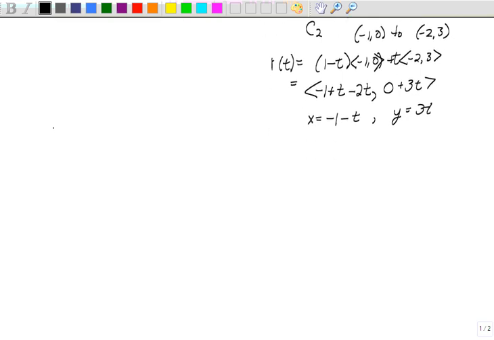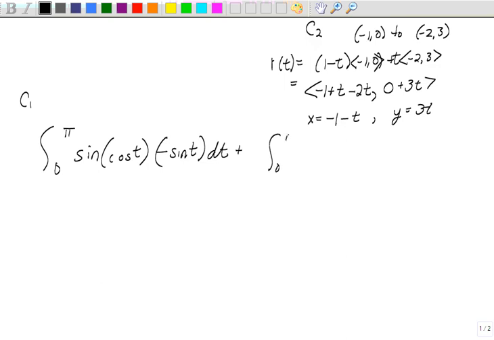Okay, so we substitute this in. For curve 1, I'm going to integrate 0 to pi sine of cosine t times negative sine t dt plus the integral 0 to pi cosine sine t